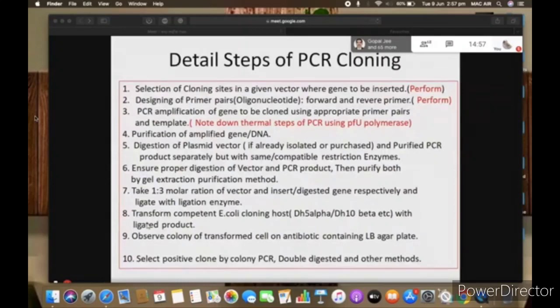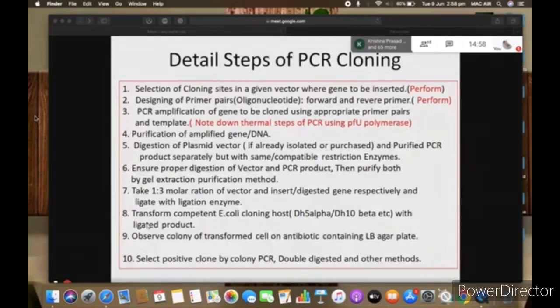You should perform double digestion or sequential digestion depending upon whether both the enzymes, suppose BamHI and HindIII, which you have taken for digestion, are optimally working in the same buffer or a different buffer.